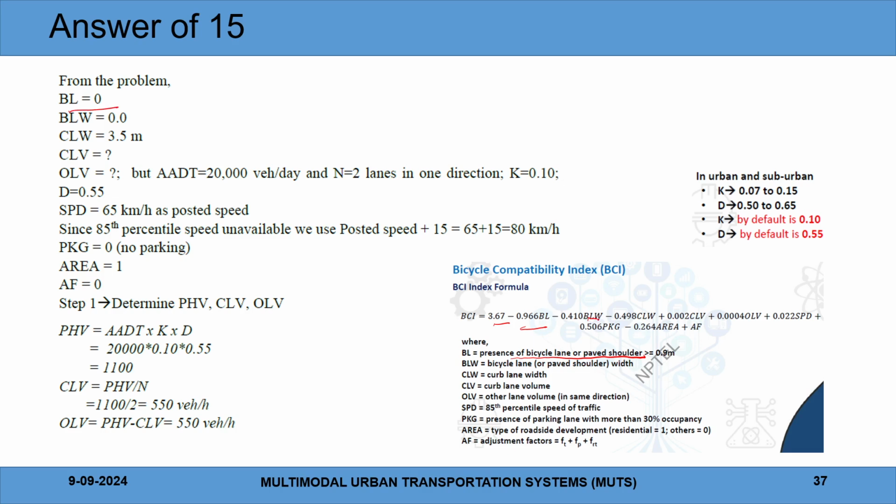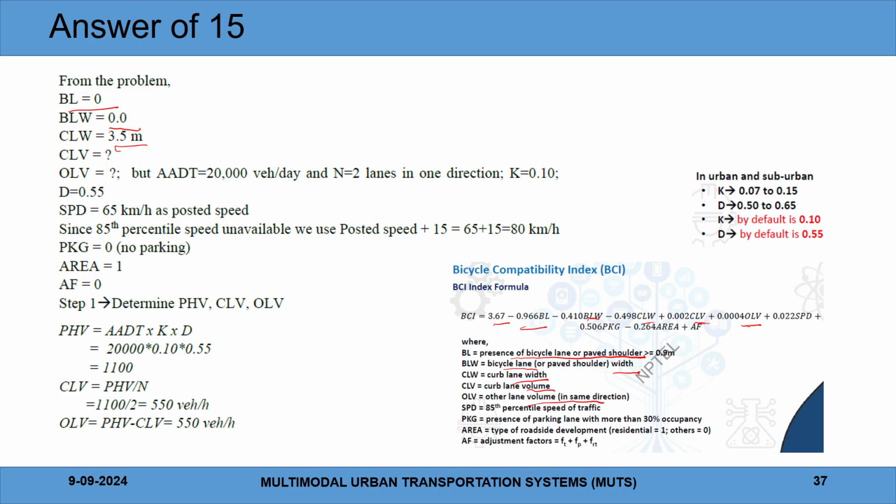Then BLW, that is bicycle lane width. If BL is 0, then it is also 0. Then curb lane width, it is given 3.5 in this question. Then for curb lane volume and other lane volume in the same direction,